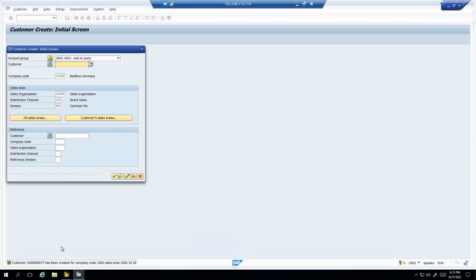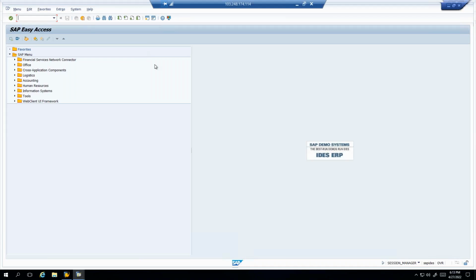You see, system has generated a customer number. Okay? The system has generated a customer number here. We have not entered the customer number anywhere. The system itself has proposed the number, right? So how is it possible? This is with a concept called number ranges. That means when we are creating,